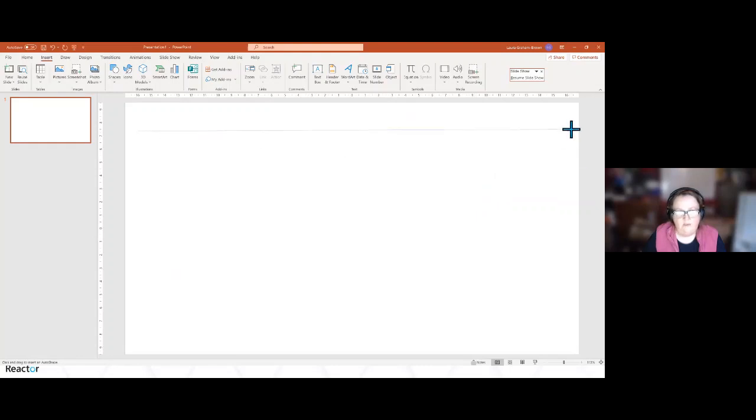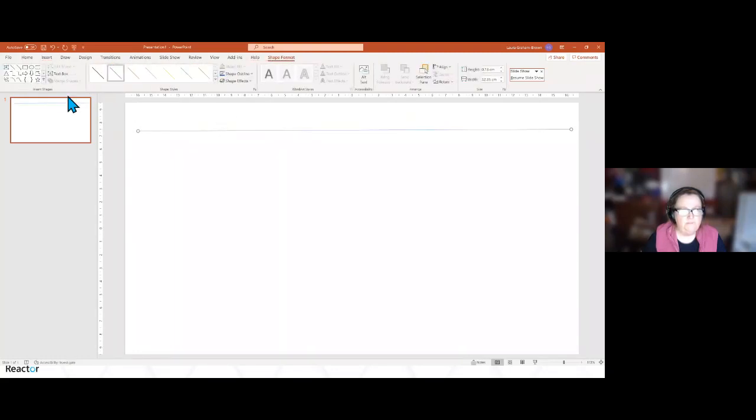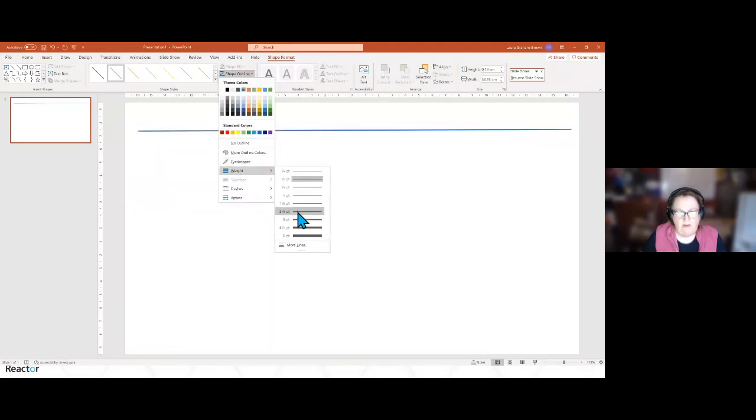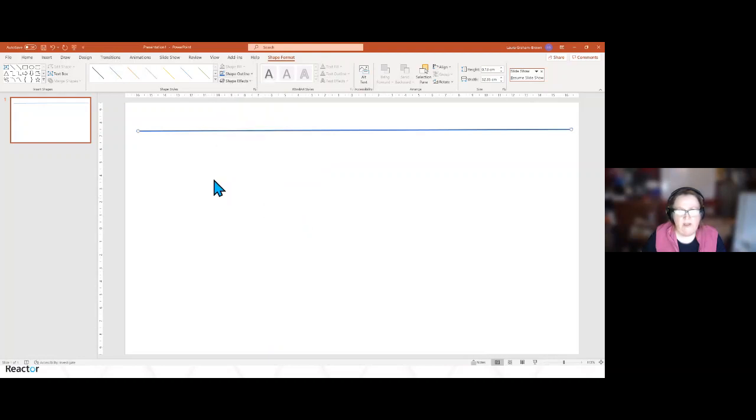I'm going to keep it reasonably simple. Let's put into that line the shape outline, and make that line a little bit thicker. You can make it fit your branding, so you pick your colors. That doesn't look straight to me. Oh, it thinks it is.